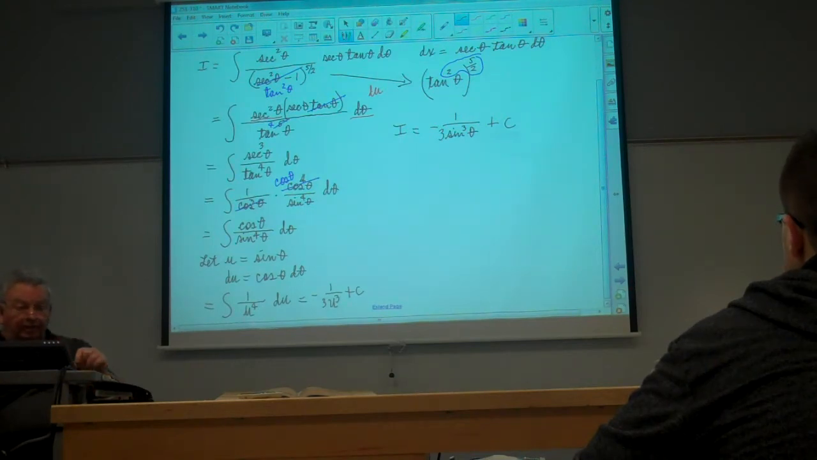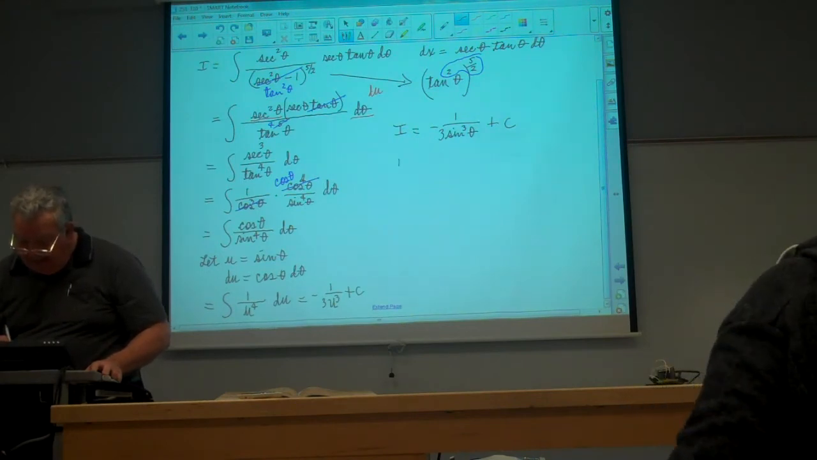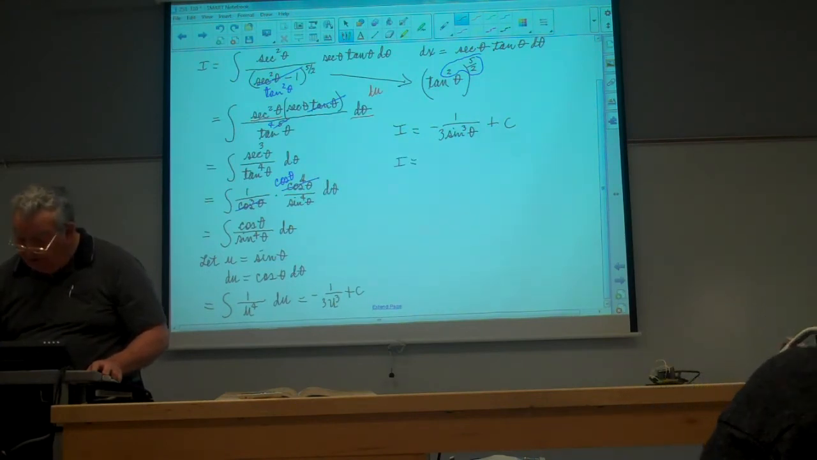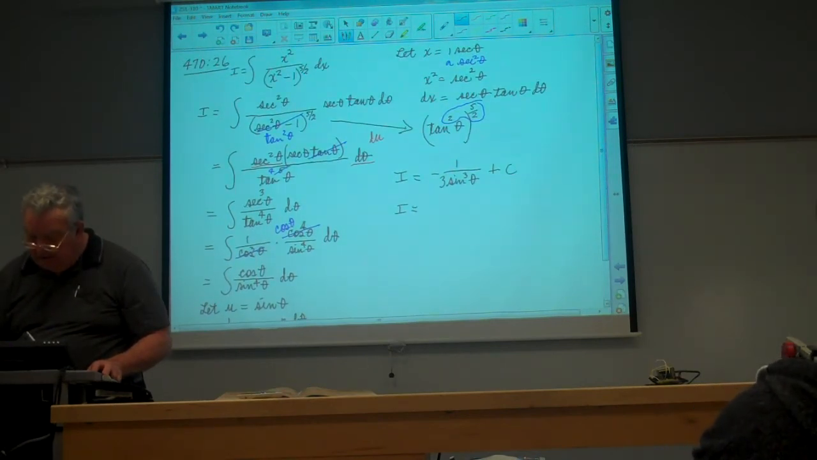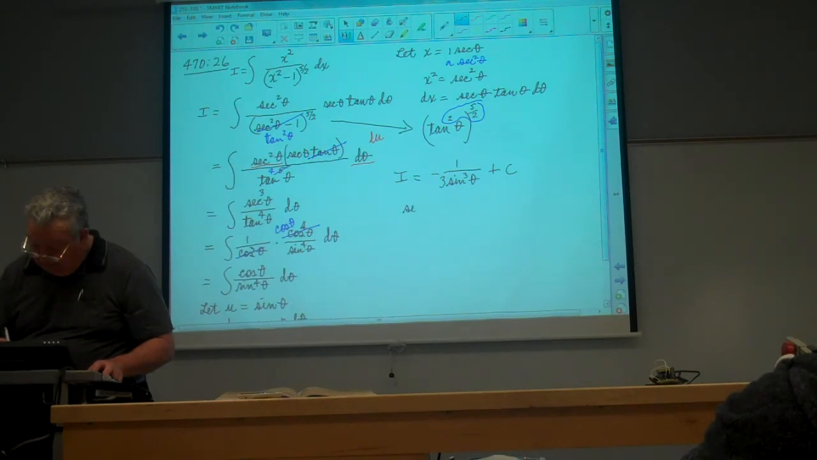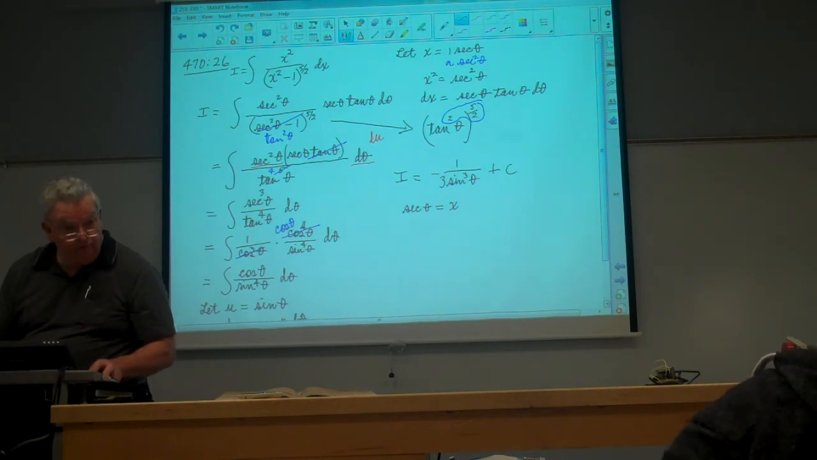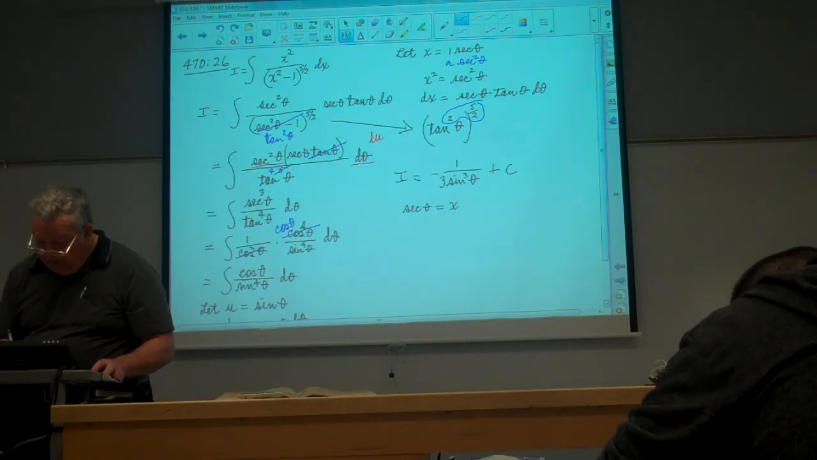Oh. Okay? And now one last step is, but I is really equal to, and I know what secant is, right? I know that, let's see. I know that secant theta is equal to x. Is that true? And I know that 1